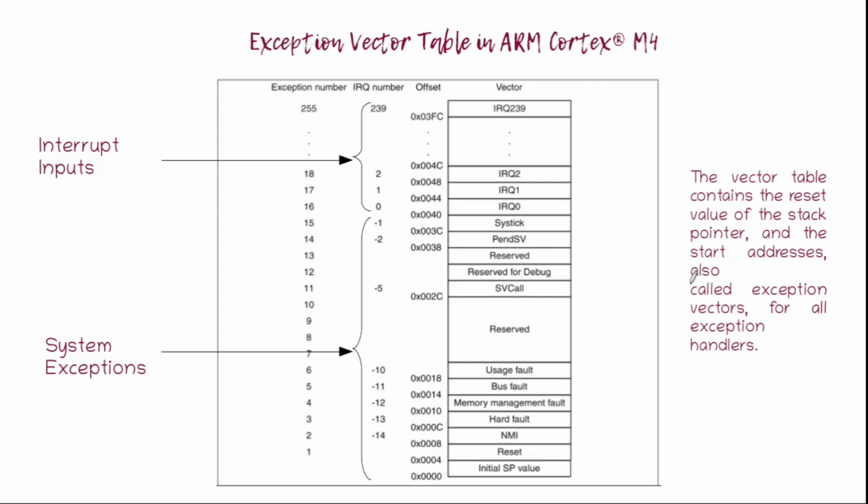Now coming to the exception vector table. The exception vector table is a very important part of programming here, that is Cortex M4 programming or any microcontroller programming for that matter, because this consists of a lot of information that the processor or the controller needs for interrupt handling and also for reset handling. As we can see here, there are two types of exceptions. One is called the system exception and another one is called